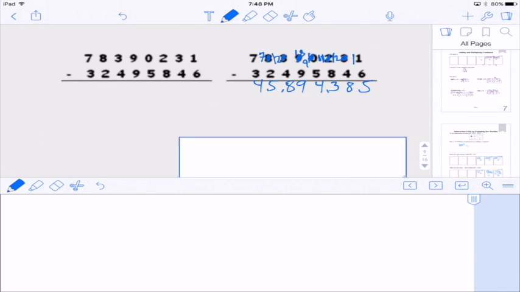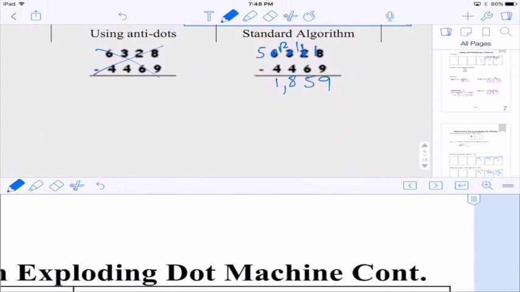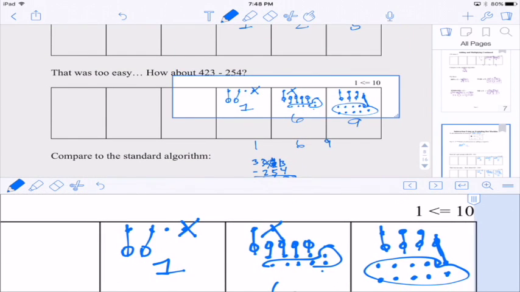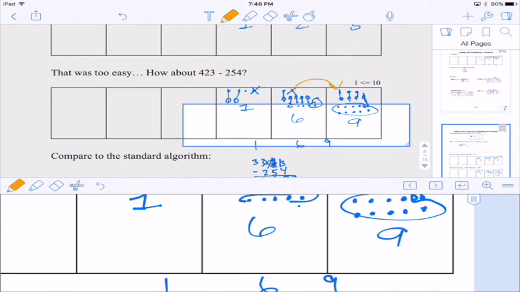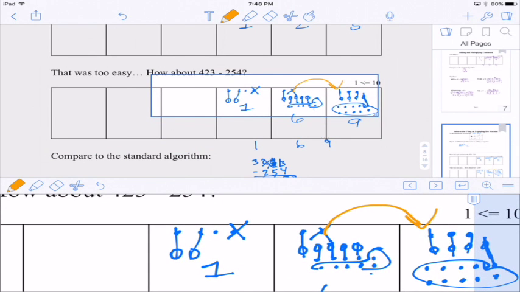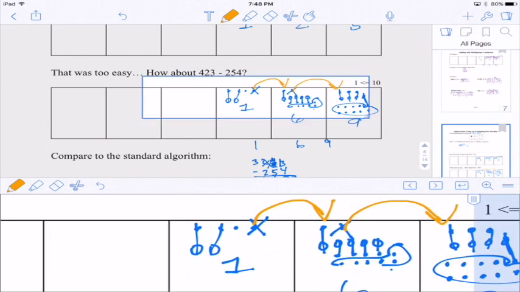Once you get the idea and you can see what's going on with these exploding dots, and we're really unexploding a dot. We're taking a 10 and we're taking this 10 over, and that's why we have 10 dots, because that's the tens place. If we take this 100 into the tens place, remember there's 10 tens make a 100. That's what this 1 to 10